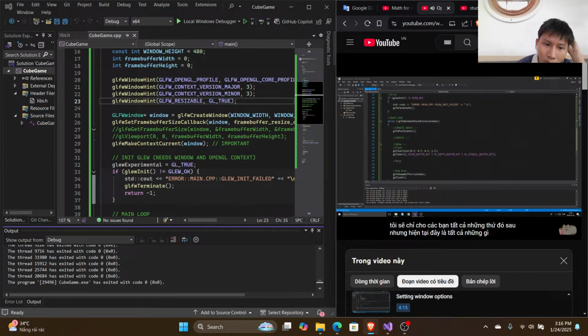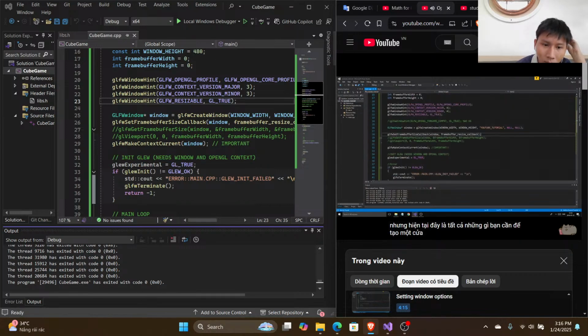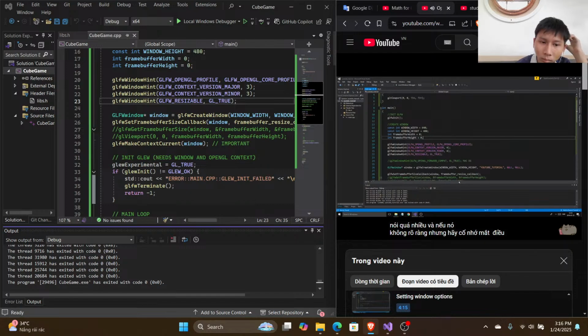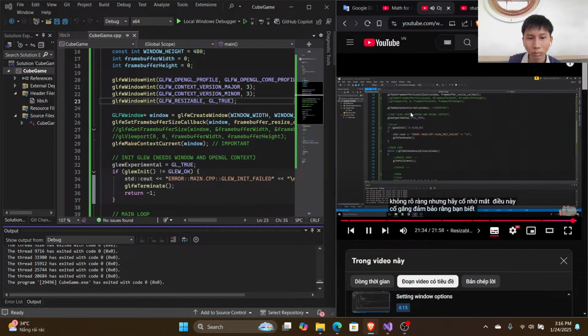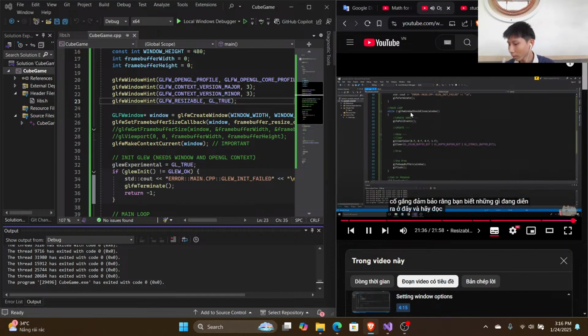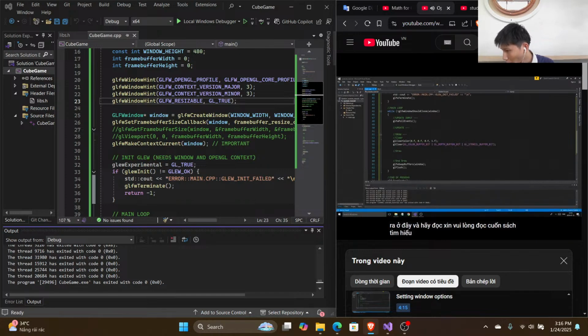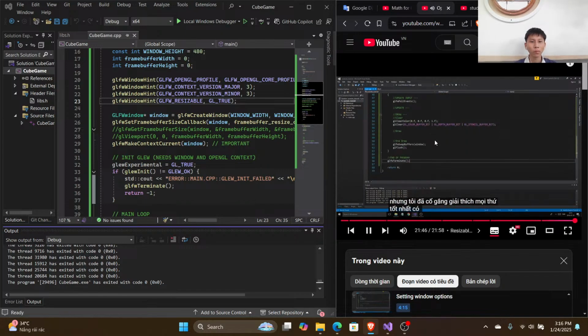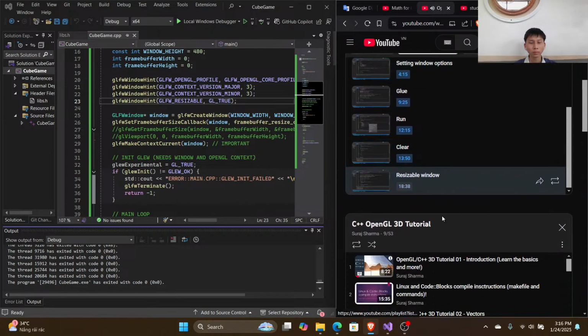But for now, this is all you need to create a window. And I'm sorry if it was blabbering too much and if it was unclear, but try to memorize this. Try to make sure you know what's going on here, and please read the book on learnopengl.com, because they go through stuff a little more than I do, but I tried to explain everything as well as I could. So yeah, next video is gonna be